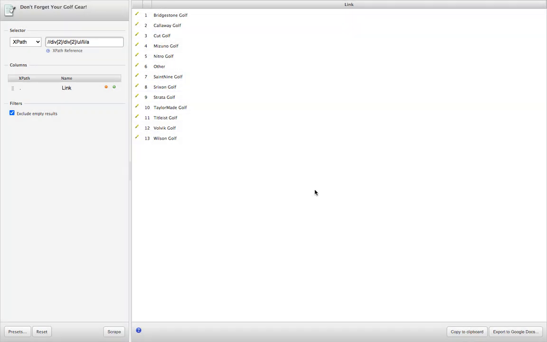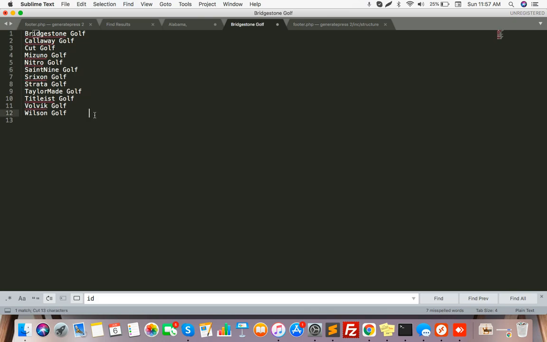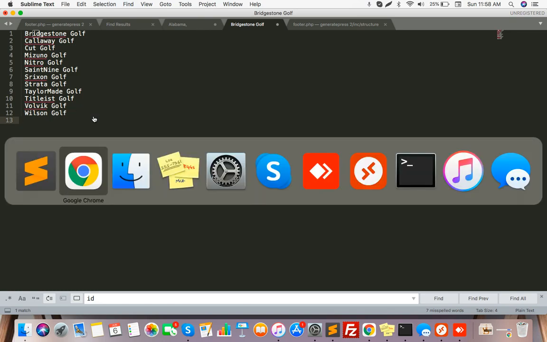Copy and paste it in our text editor. Now we have to filter this list by unwanted keywords; link is not required, other is not required. I'm working from home and there is some construction work going on in another building, so you might be hearing some noise, so pardon for that. We got 12 brands.